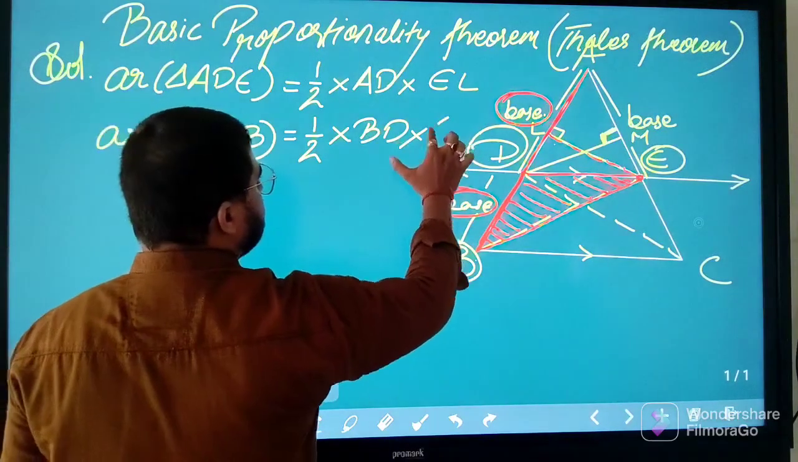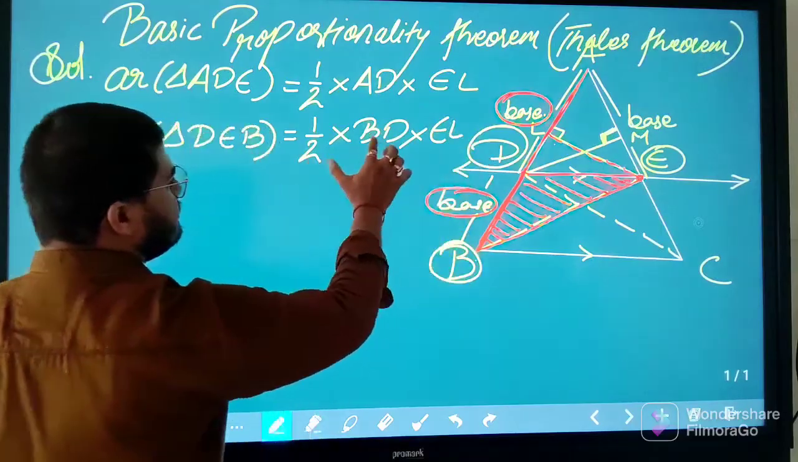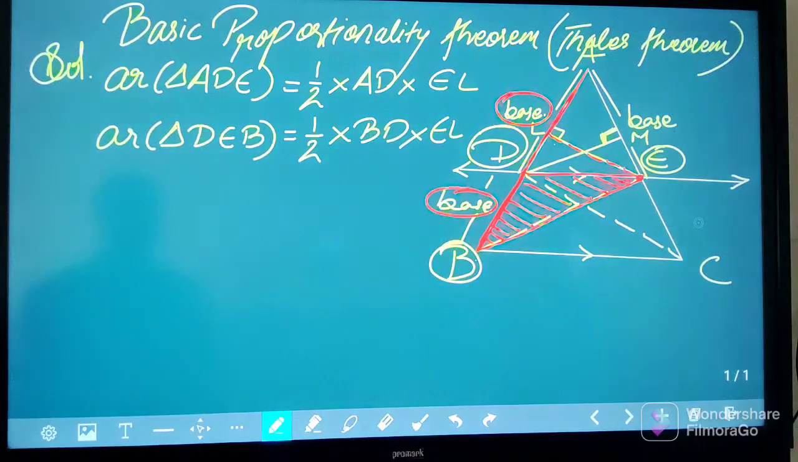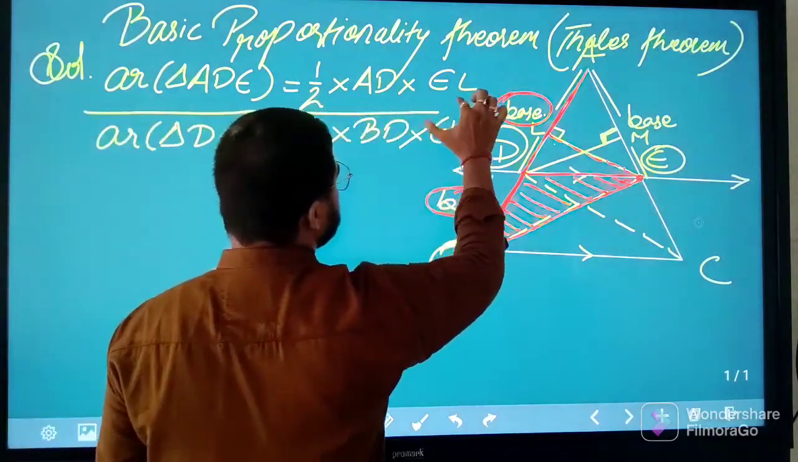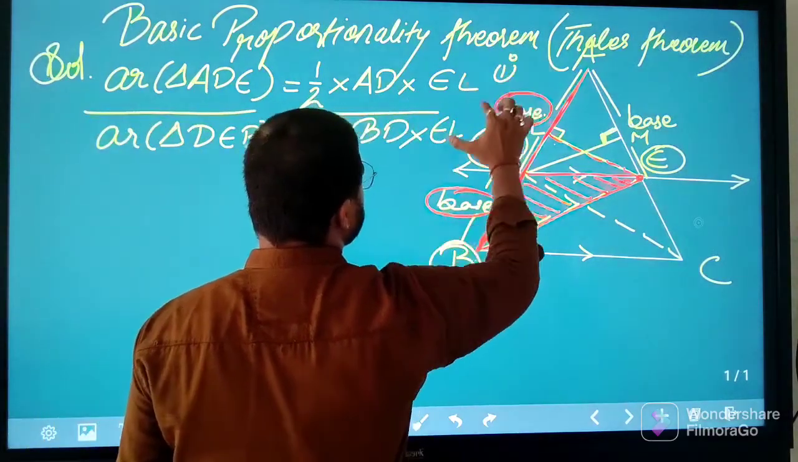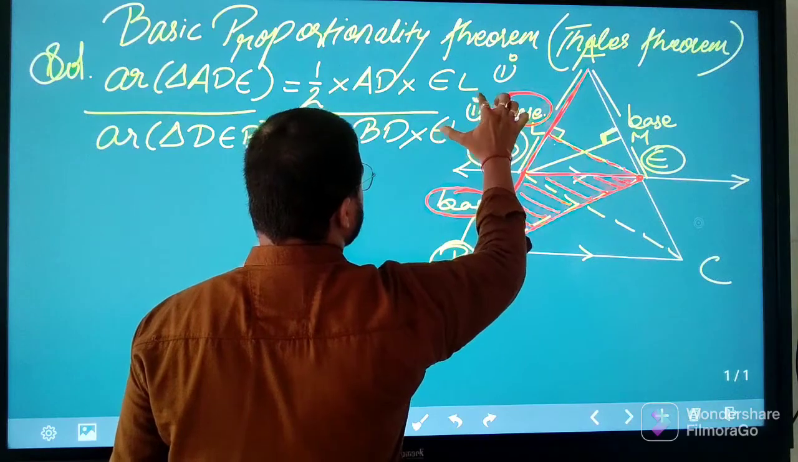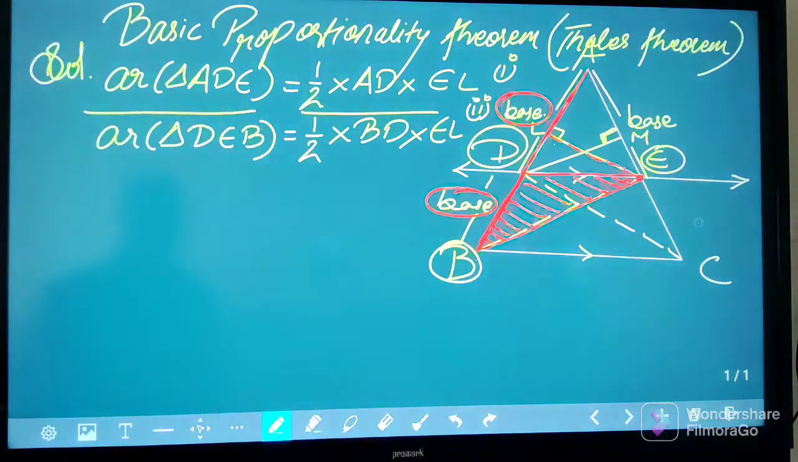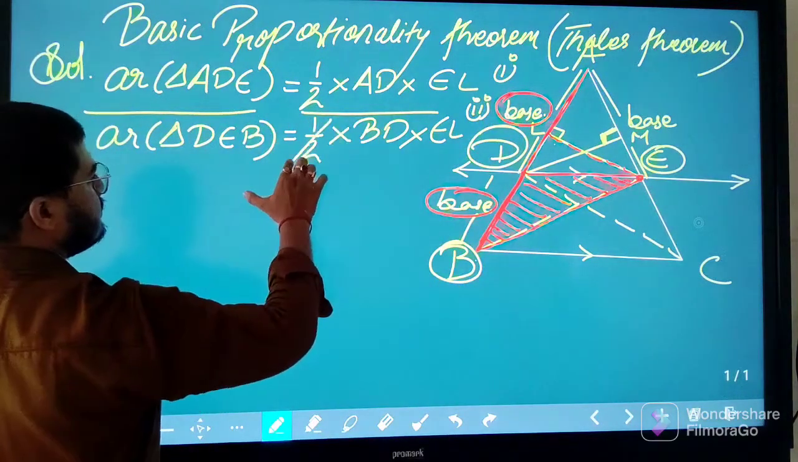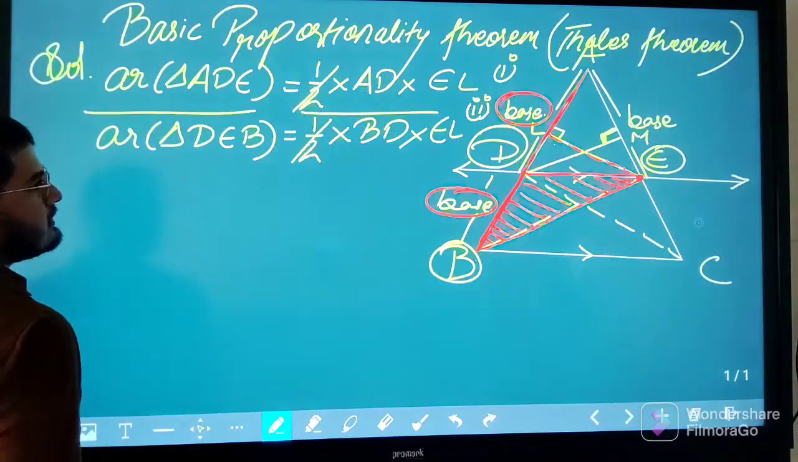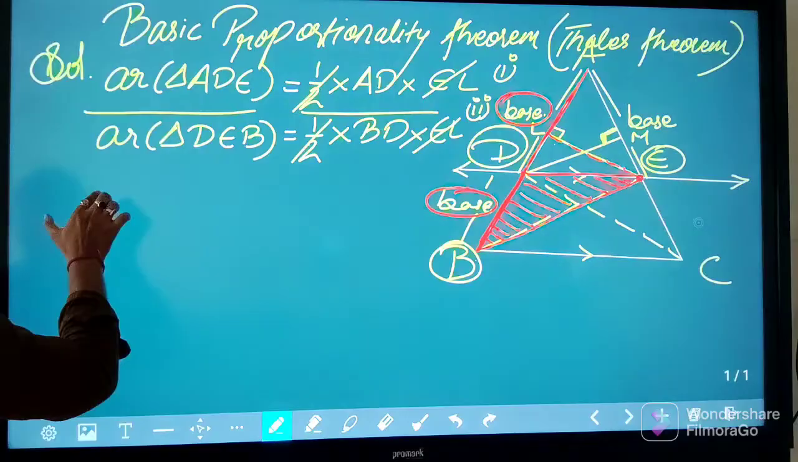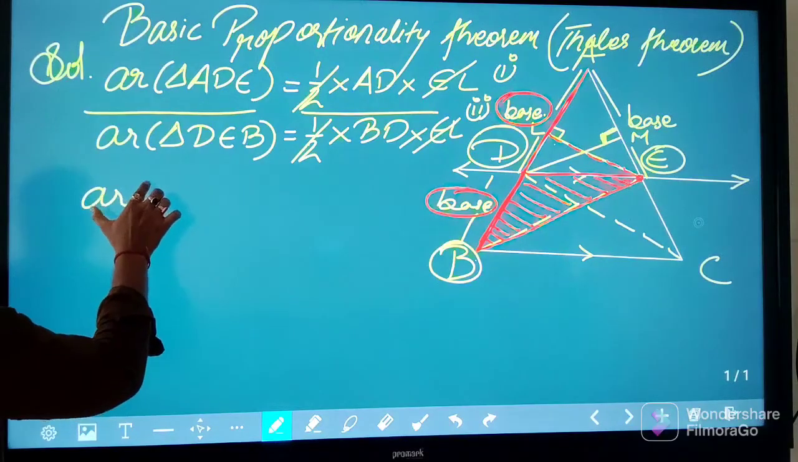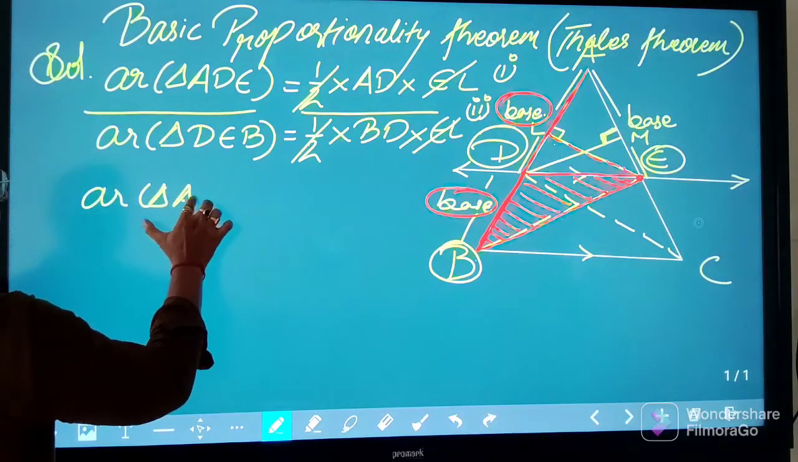So again, half base into height. Now divide these two equations. Let us name this as equation number first and this as equation number second. Divide them. On dividing, what you will see, half and half will be cancelled. EL will be cancelled with EL. So what we are left with is area of triangle ADE